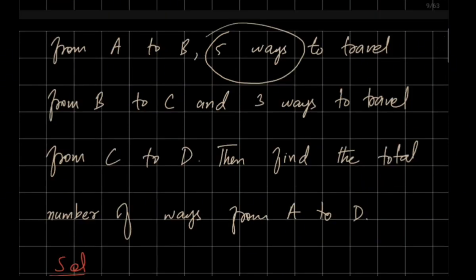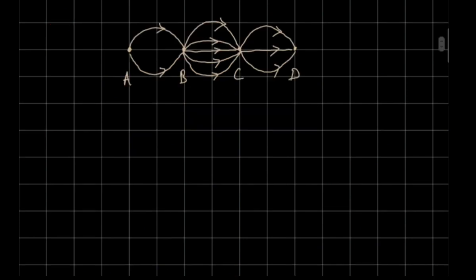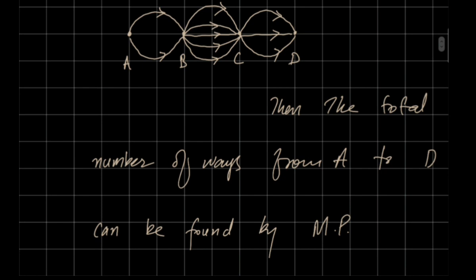And then he says there are 3 ways from C to D. So from C to D, we have 3 ways. Let's say the first one is this, second one is this, and third one is this. So this is the picture of traveling from city A to D. Then the total number of ways from A to D can be found by